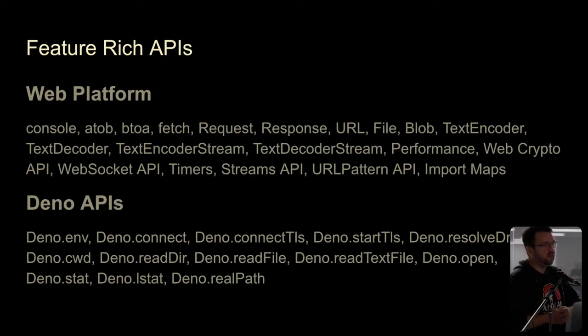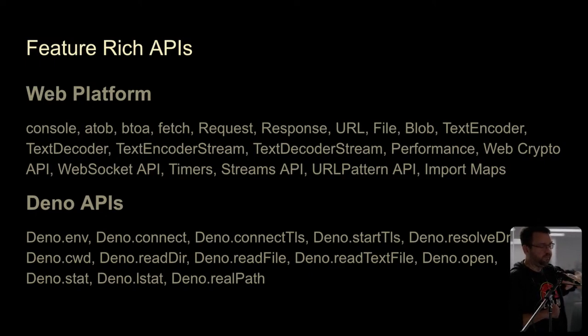As I said with Deno Deploy, there's a rich set of APIs. From a web platform perspective, there's a whole bunch of web platform APIs where we feel there's applicability in a server environment. We go ahead and bake those in if there's a good established web standard for it. And we also try to use a web standard. If we want to do something, we try to adopt an existing web standard. So you've got streams, you've got web crypto, web sockets,